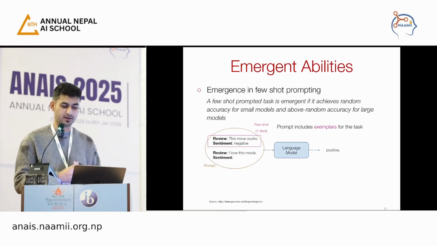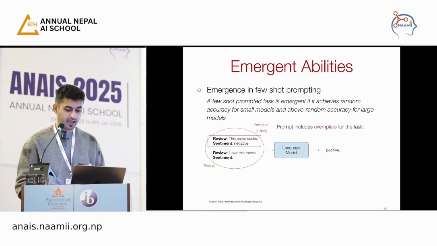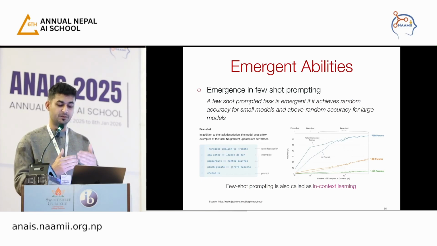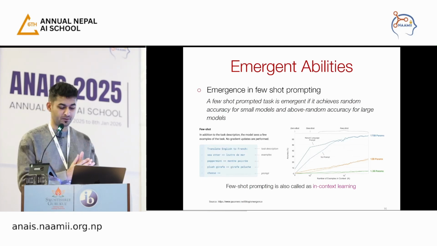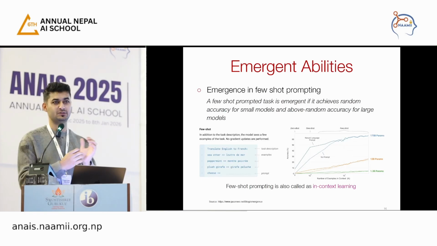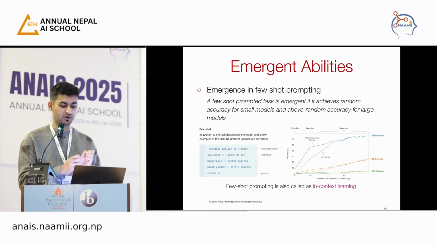So this is what is called emergent. In this case, if you increase the number of examples in the prompt, performance also increases. And for this whole thing of few shot prompting, there are other terms to help understand it. One is called in context learning. Whenever I'm asking an LLM to give me outputs and I'm giving examples, I'm providing a context through which the LLM is trying to understand what the prediction should be, or what it should generate for a new example case.